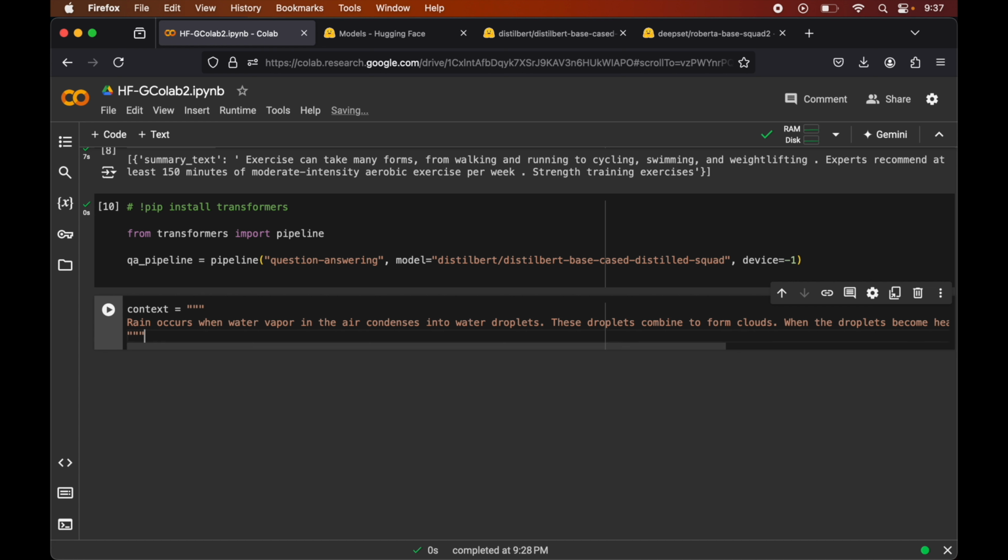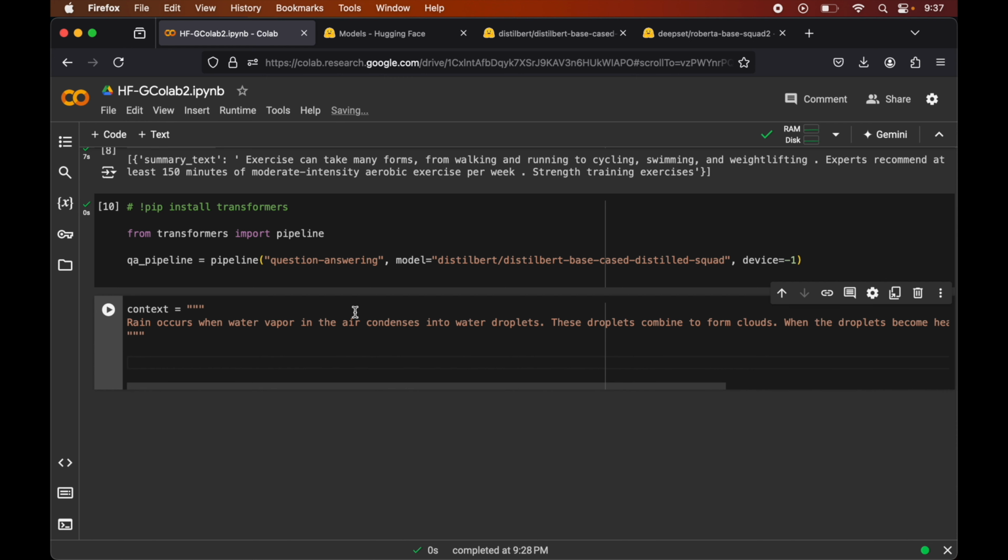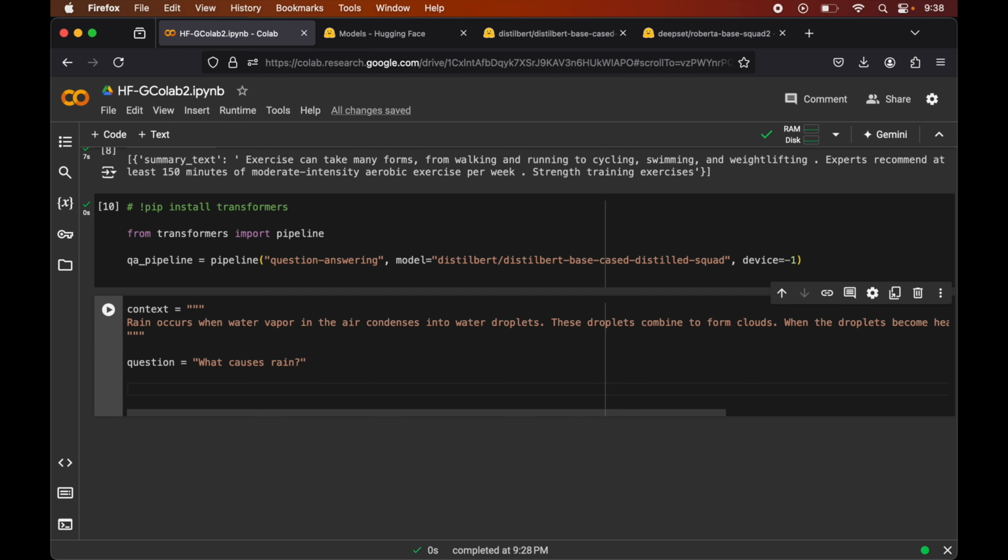Now we will define our question which we want to ask from this particular context itself. So we will say question equals what causes rain. So let's ask this, and now we will call this QA pipeline and we will pass our question.